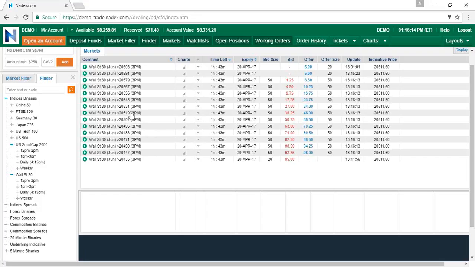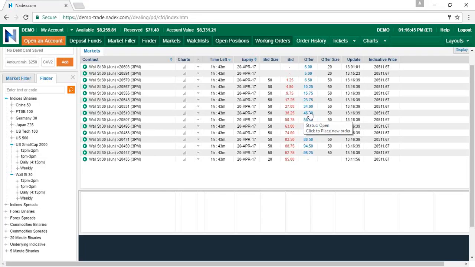519 to 531. Got 12 points, right? So let's say I was going to buy, because I think the market's going up. And I buy this for $46. And if the market goes up, if the market goes up 12 points, which